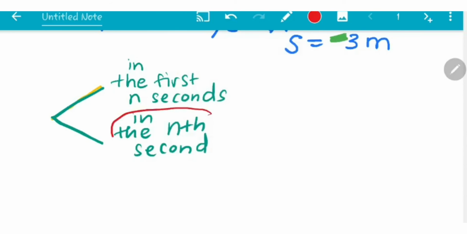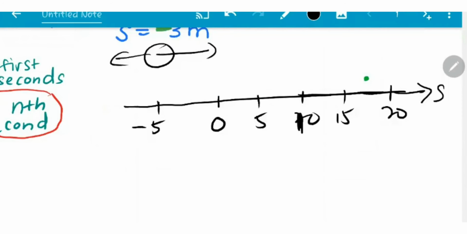This one dulu. Okay. Katakanlah you ada partikel tu dekat sini, dia start kat sini. Saat pertama dia pergi kat sini. Saat kedua dia dah sampai sini. Okay. Jadi kalau soalan tanya